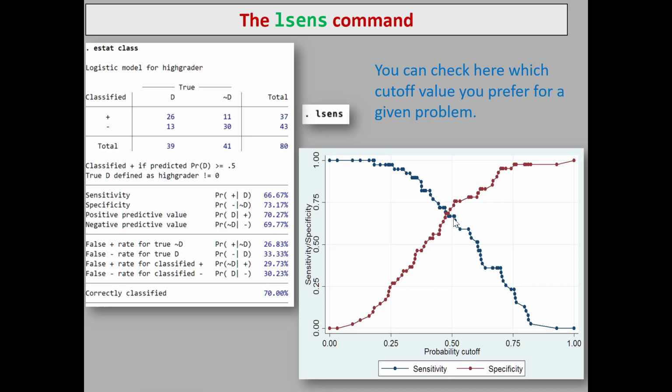And then you'll get, let's see, blue is sensitivity, a sensitivity of, well, is that 0.67? Looks like it, yeah. And the red one a bit higher, 73%, that should be indeed. Okay, so these are the 2 values over there and over there, the ones that you see over here. And here you see how the specificity and the sensitivity change as you are moving that cutoff value from left to right. The obvious focal point in the graph is where these two meet, as if something very peculiar is happening there,